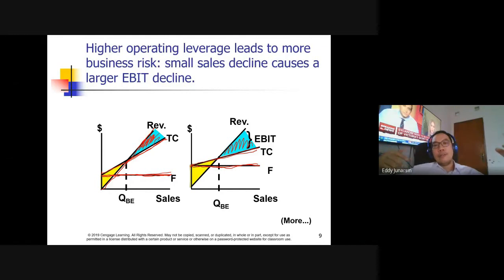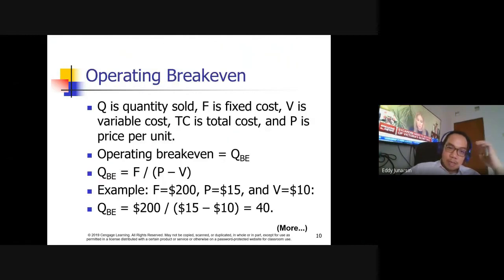So if your sales are not enough, then the fixed cost will still be the same, and you'll bear that amount of cost. And when you spread it out, or allocate it over the number of outputs, then the unit cost will still be high with respect to the total cost, with respect to the fixed cost. Right? Okay, so before we see an example here,